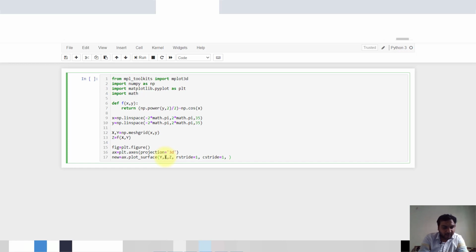The cmap will define the color of your graph. I will define jet. It is the typical rainbow color, and edgecolor is equal to black.